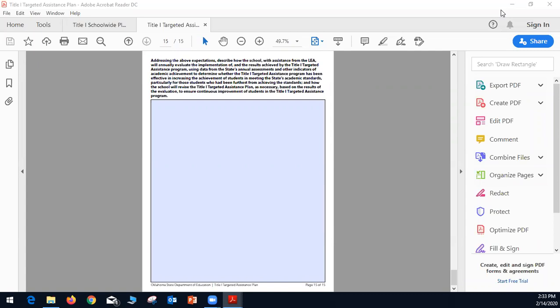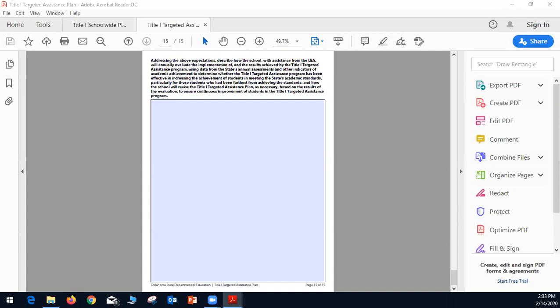So another question, if a site plan needs to be revised, will the entire consolidated application need to be rejected? Unfortunately, it's like with any other program, if any part of the application needs revisions, then the entire consolidated application will be rejected. So the answer is yes. So the program reviewer will work with you and communicate to you what needs to be done.